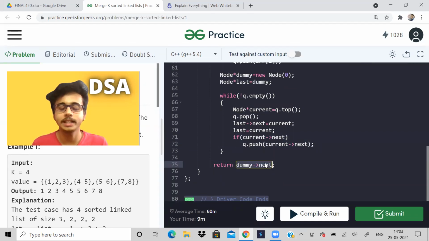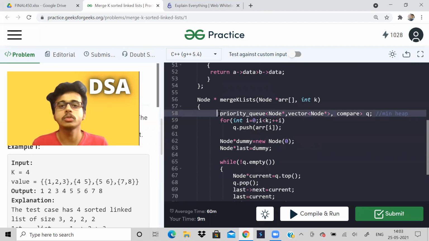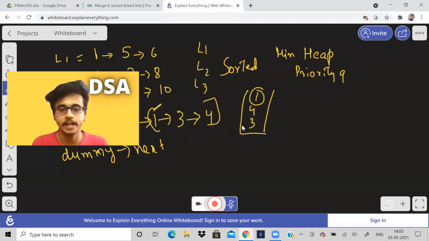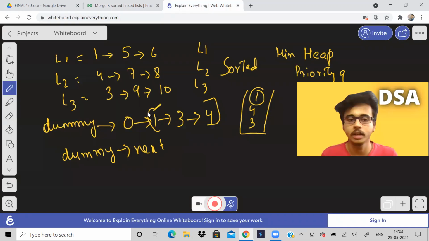I told this a little fast because the majority of the things have already been discussed in the playlist before. The only thing which was new, I think, was to use priority queue with a linked list. There is nothing great over here. It is a simple problem actually. The only thing is you have to notice this one. This statement is important. And the reason why this statement is working, I have already explained. If you just rewind the video, I have explained over there.